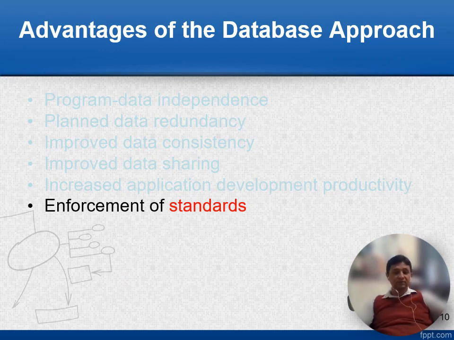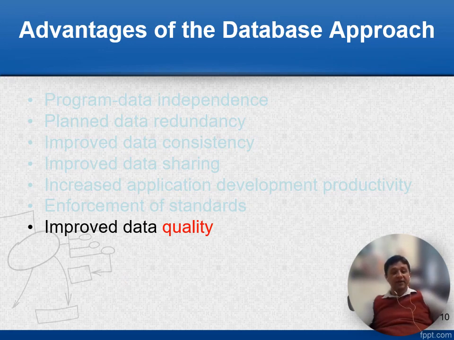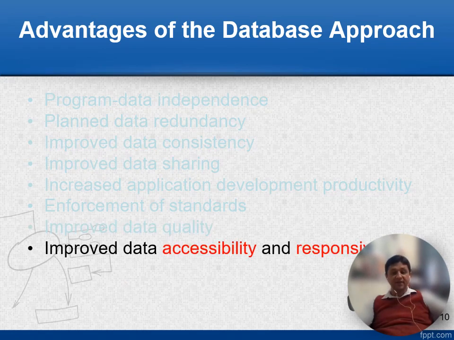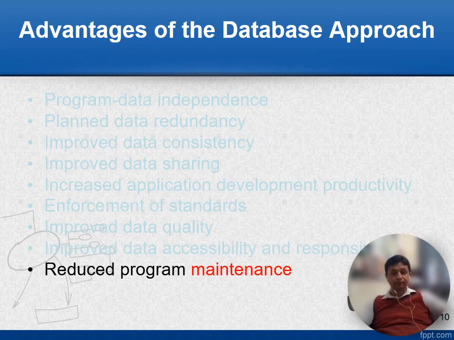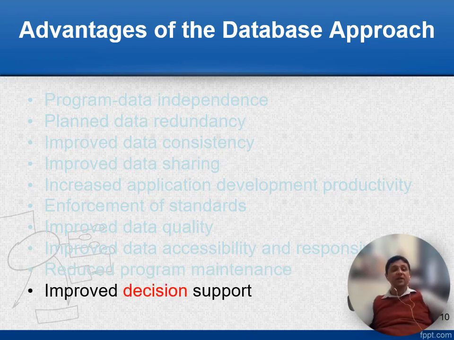The data quality has also been improved because of all of these things, and also the accessibility and responsiveness have been improved because now the data is stored in a convenient way using the database management system, and the collection is more organized. Maintenance also has been reduced because of the program and data independence. We have achieved reduced program maintenance. And finally, the decision support is improved because now